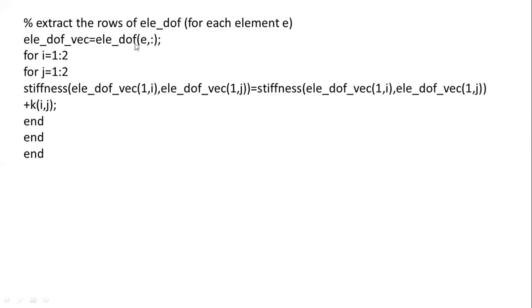Because the element degrees of freedom are already defined. Like the number of total degrees of freedom, we have defined as 1 2, 2 3, correct? Due to that, this program runs for element 1, first row, second column, and element 2, second row, third column. Means for the existing problem, in this step, we can prepare the global stiffness matrix. Just say addition is happening: addition of the individual stiffness matrices into the global stiffness matrix, and the remaining terms remain 0.